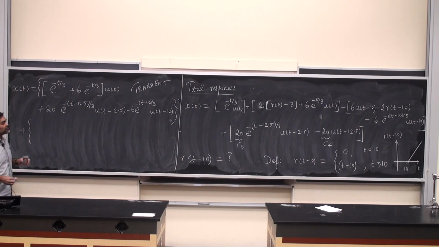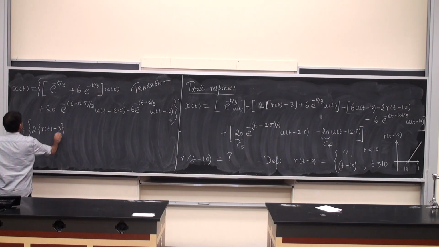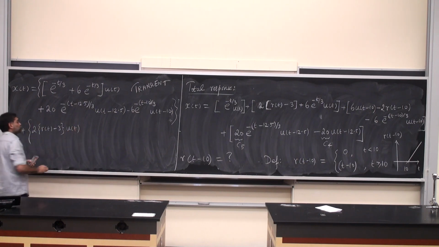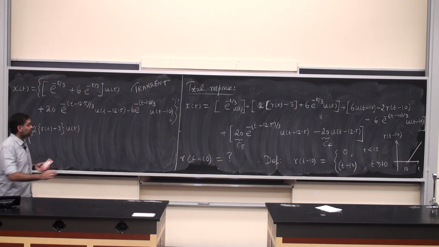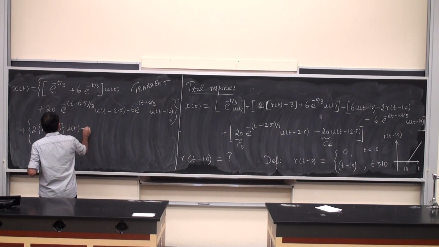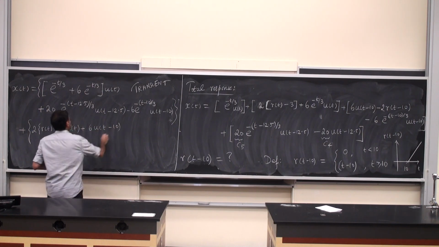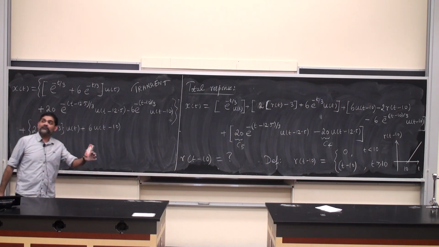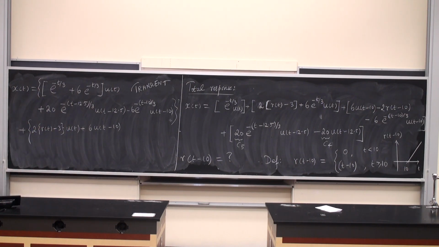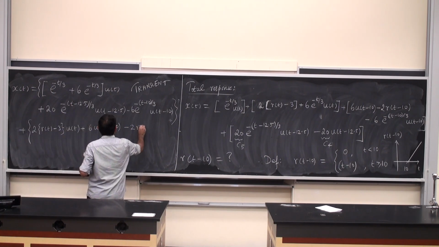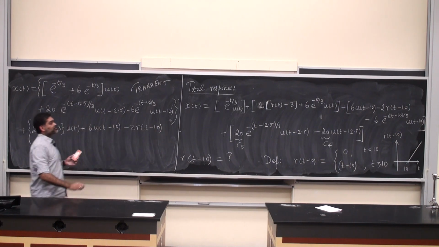So if I look at that, I have another big set of terms. So 2 times r of t minus 3. You can put a u of t there because there is a 3 there, just to make sure that this starts from time t equals 0. Then I have 6u of t minus 10. This is a step function, but after 10 seconds this switches on, and as time goes to infinity, this still remains. Then I have 2 more pieces, minus 2r of t minus 10, that's one piece,